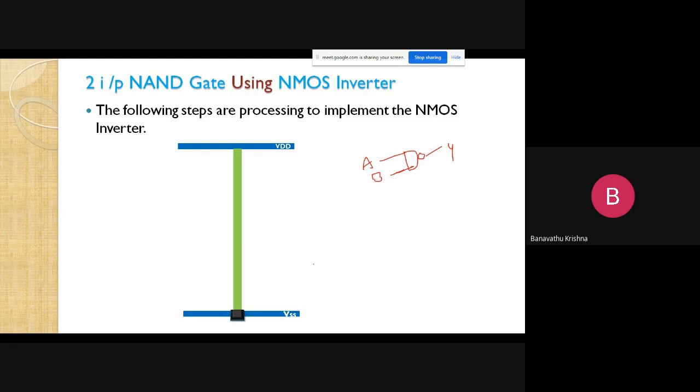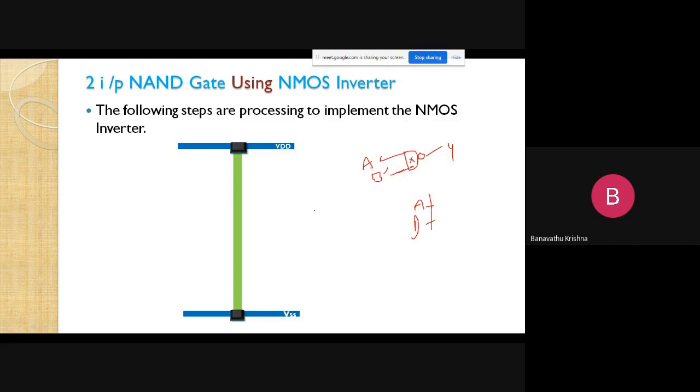And next one is to make the contact cut in between diffusion and VSS and VDD. Right? Now I want to form these. I want to make a depletion mode transistor and enhancement mode transistors, right? So here the operation is nothing but the product operation. Okay, for the product operation, those two devices are represented in the NMOS channel area in series, like this. Okay, like this. So these are A, and this one is B.